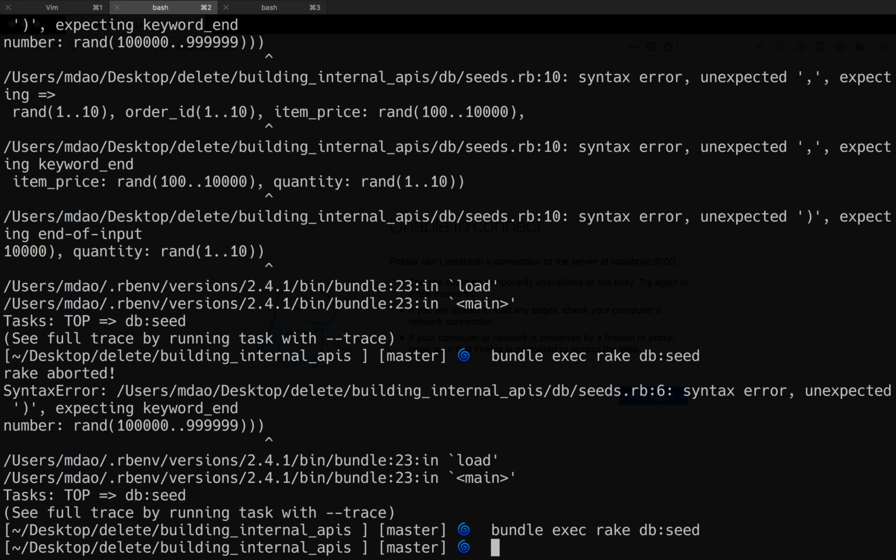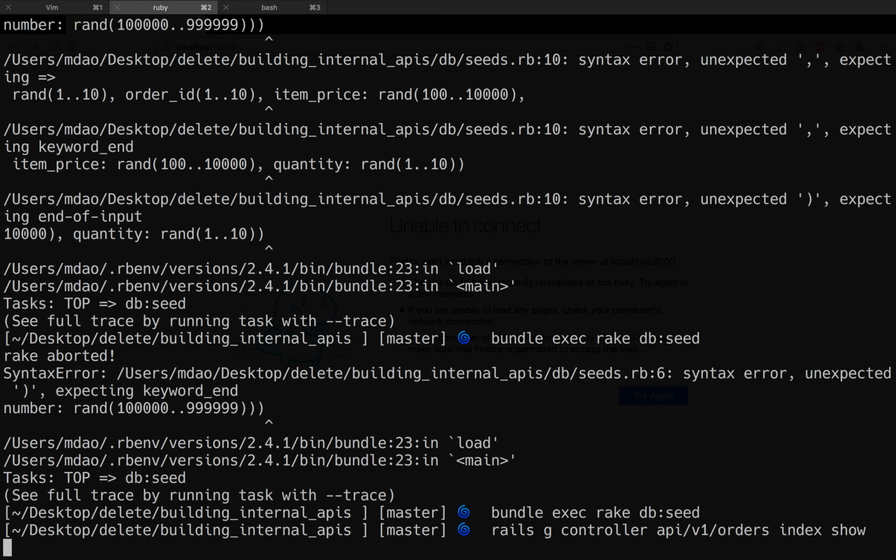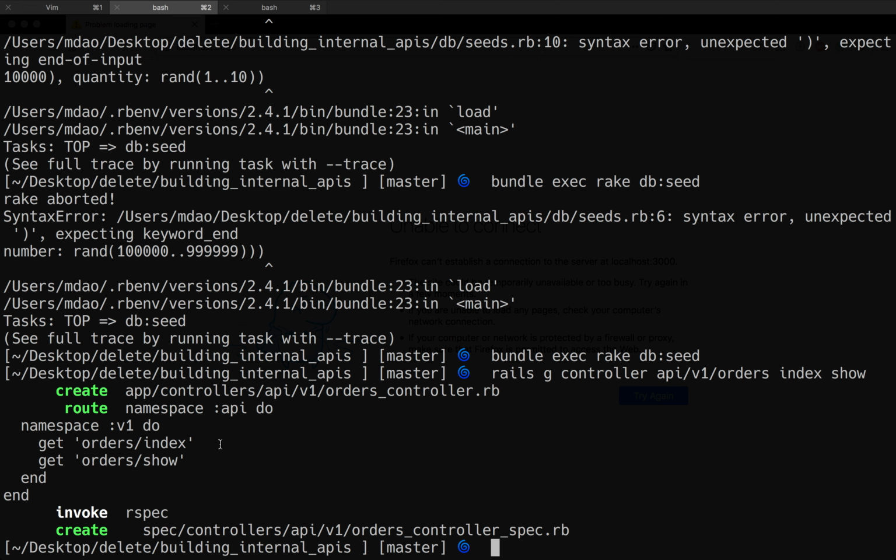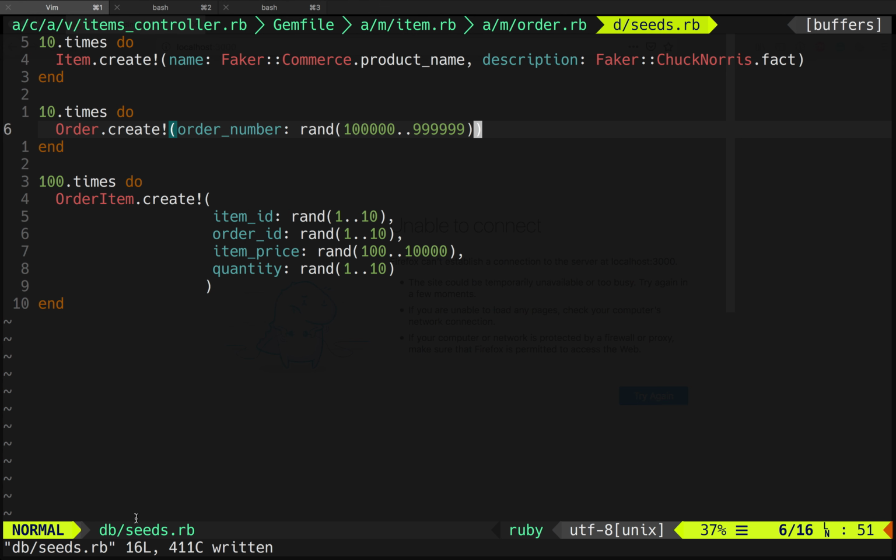So our next step is that we need to create our controller. Rails g controller api v1 orders index show. What this does is it creates an orders controller in the api v1 namespace and folders and gives it the index and show. And we run it. We see here it creates the file and adds the routes. The one thing I want to warn you about is that it automatically creates the routes, but if you have other routes in there,